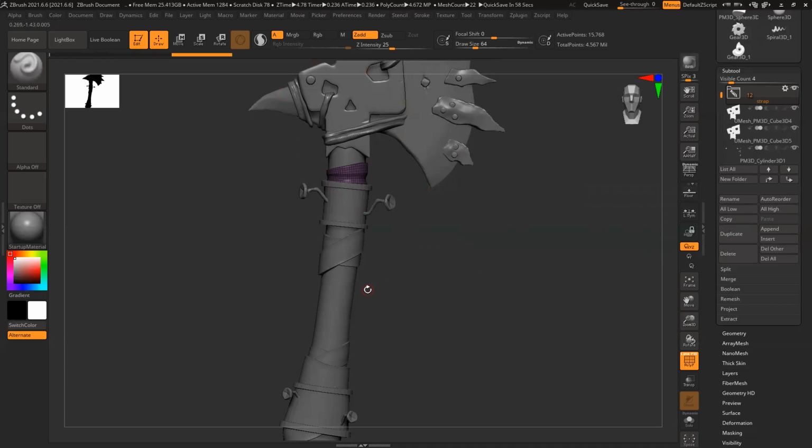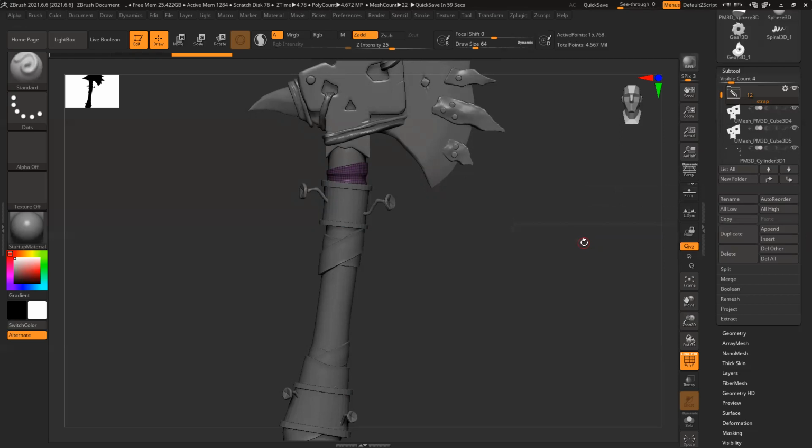Everything is highest division, because this is useful when, suppose I create a very good quality high poly and I have a low poly, and I want to bake it. Suppose there are hundreds of subtools, and by mistake I forgot to make one tool high poly or maybe low poly. In that case, that particular part I have to redo again, and redo means baking. So the easiest way: click on all high, then you decimate the model, and then you start baking everything.